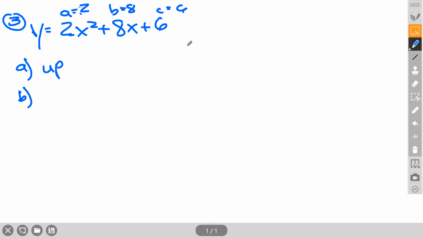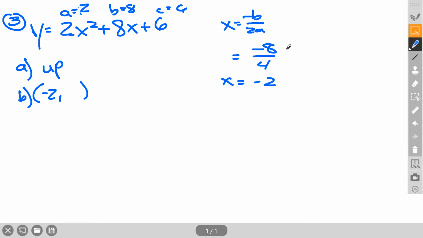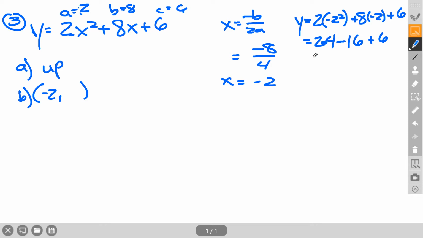So for the vertex, the x-coordinate is negative b over 2a. So that's negative 8 over 4, which is negative 2. So the x-coordinate is negative 2. To find the y-coordinate, we'll substitute that into the equation. So y is equal to 2 times negative 2 squared, plus 8 times negative 2, plus 6. So 2 times 4, minus 16 plus 6. That's 8 minus 16 plus 6, which is negative 8 plus 6, which is negative 2. So we got negative 2, negative 2